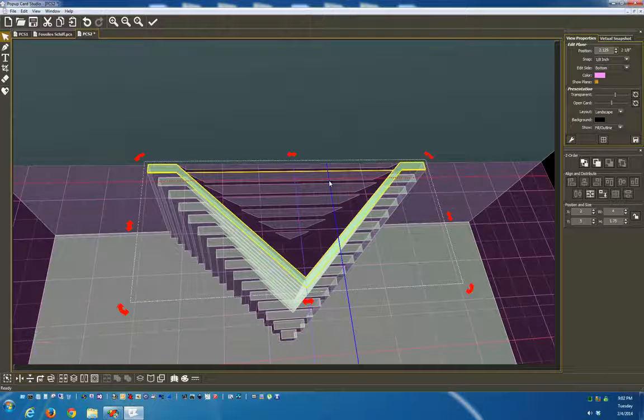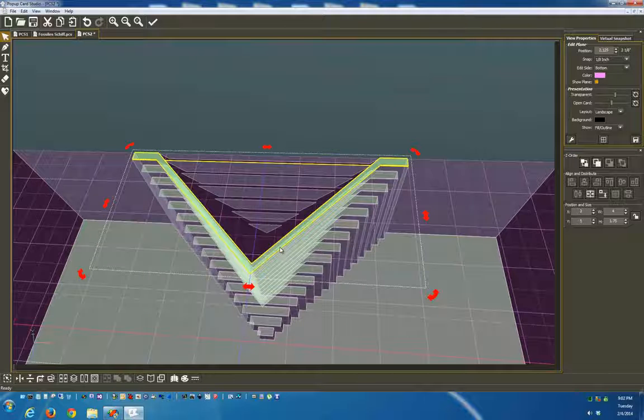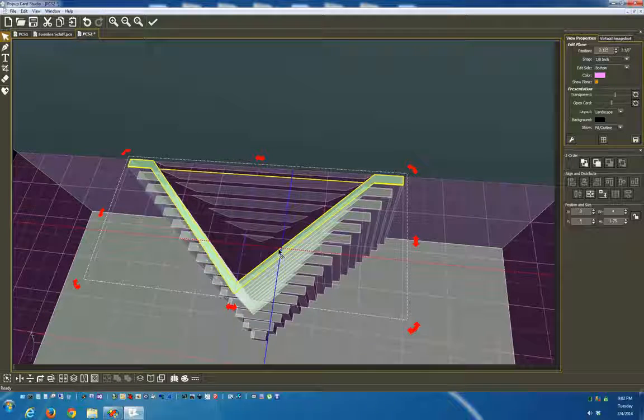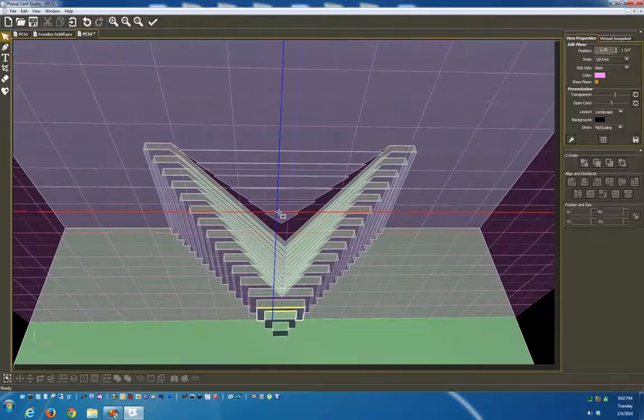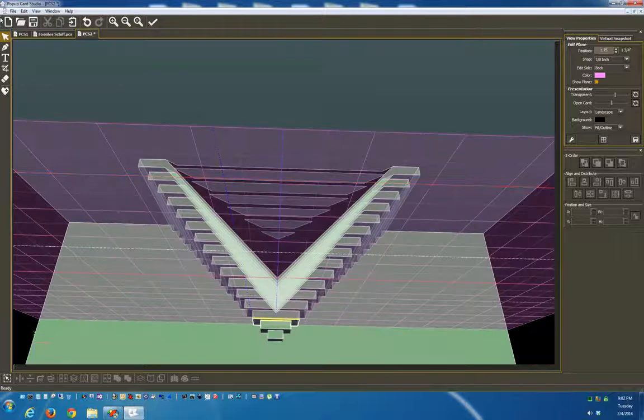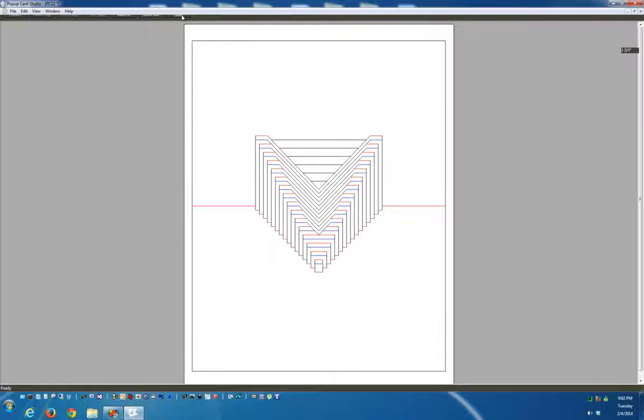So there, we're done, but you could cut this out now and it would be fine. Honestly, it would. The only problem is it's doing extra cutting in this middle, and it doesn't look good if you do a print preview or want to send it to a buddy. You see, all these black lines, they're just going to fall out. They're just triangles that are just falling out. But we can get rid of all these lines to make it look much cleaner,